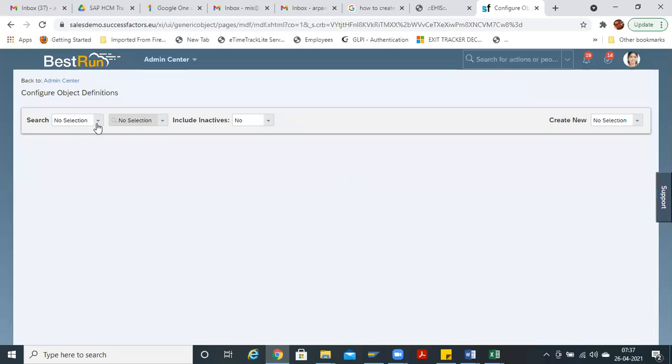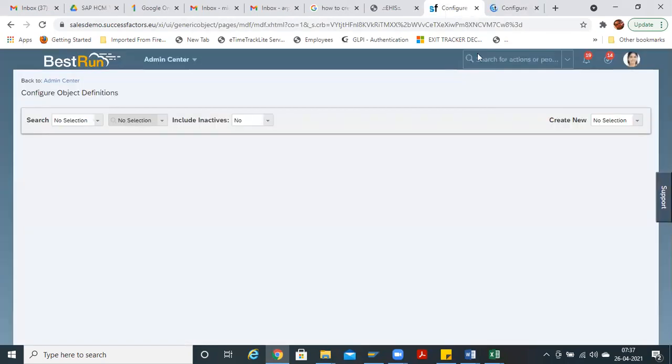Suppose we are configuring legal entity, business unit; these are already predefined. If we are creating any custom objects, where will we maintain those in the front end? For example, if you create a Tata legal entity, where will we create it? Here we will only be configuring the object definition. If there is any field to hide or include, any custom fields, we'll come here and include them.